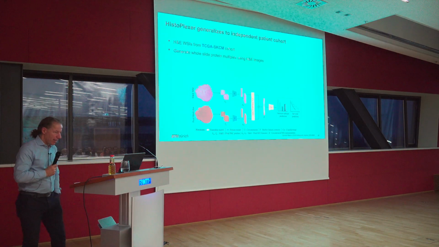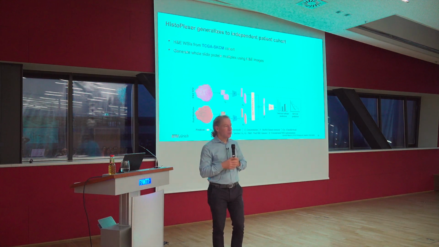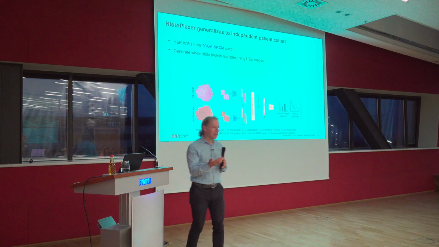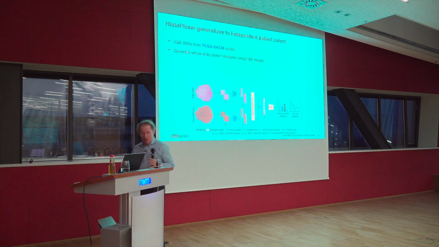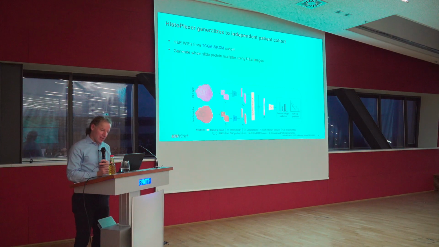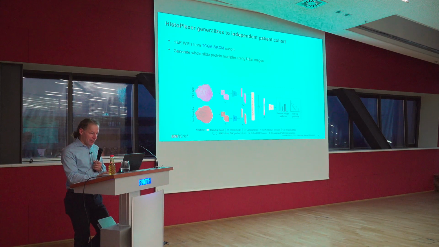Good. So we also applied that to a different cohort. You could say, so maybe the tumor profiler cohort is very homogeneous and maybe it cannot be applied to patients outside of tumor profiler. And it's a valid concern. I mean, we deal a lot with covariate shift, domain out of distribution generalization. And we were surprised that it works quite well. Not perfect, but quite well. So we used the TCGA data. These are the FFPE TCGA data. We generated whole slide protein multiplex images from H&E. And essentially